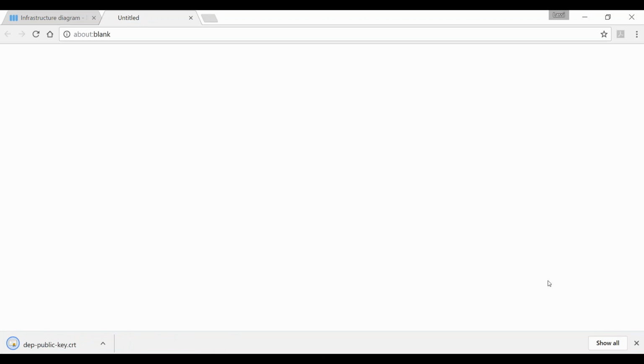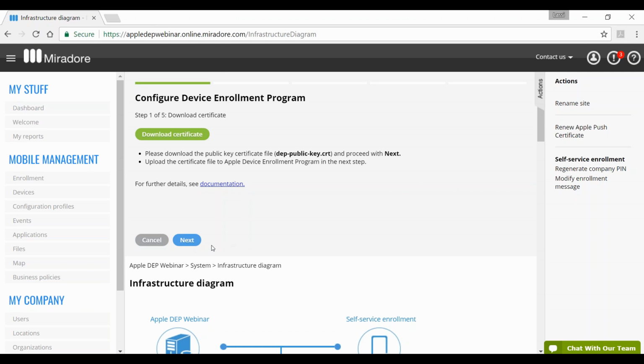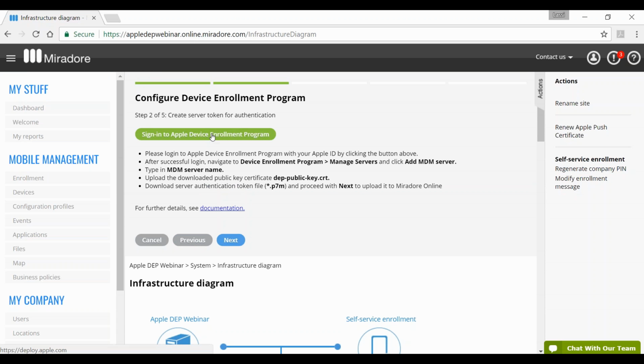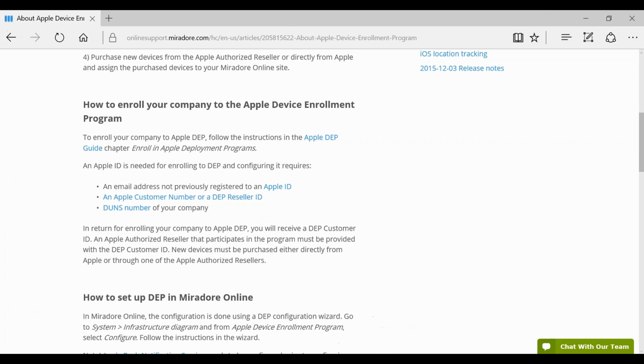So let's keep it and close the page. Then let's move to the next step. You need to sign into the Apple Device Enrollment Program web interface. I have the web interface already open in the background. So I'll bring that up.